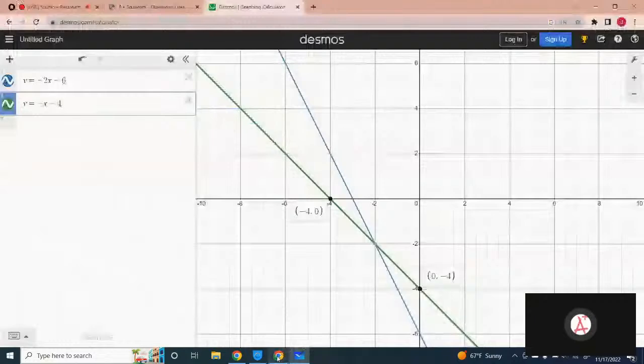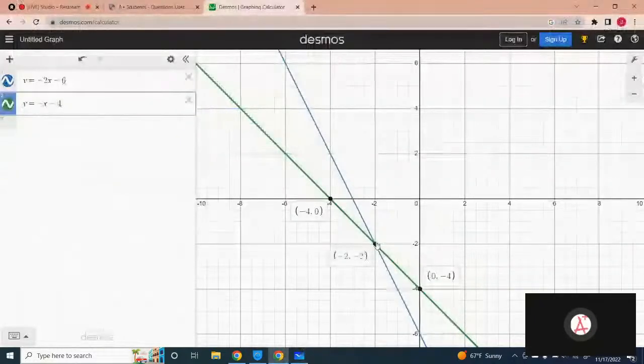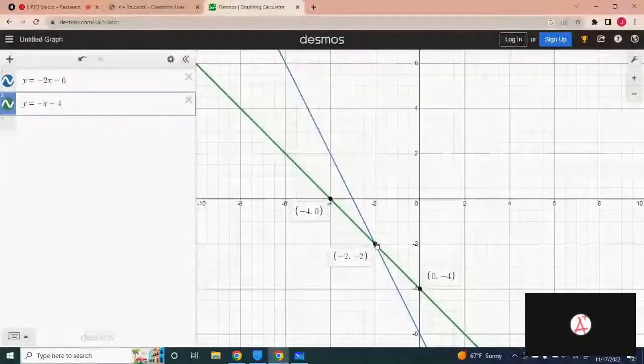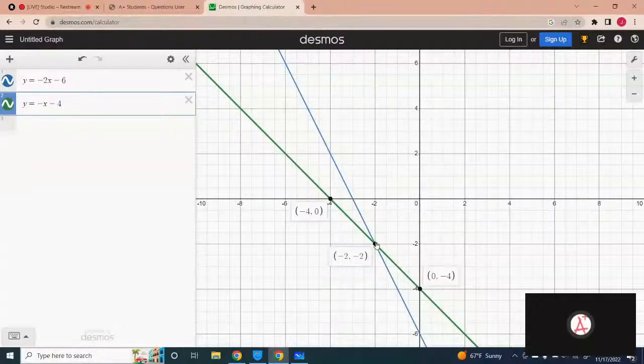Just look at the point of intersection of both the equations. Here it is. So this is actually the solution of the equation, negative 2 and negative 2. Got it? So the solution for the equation is negative 2 and